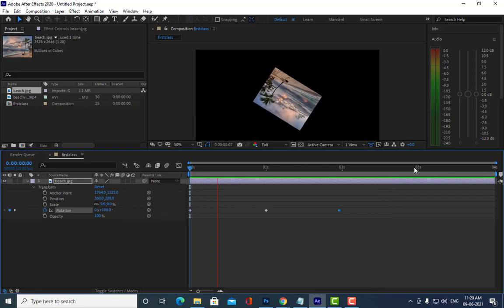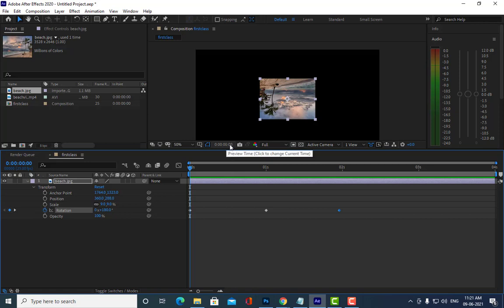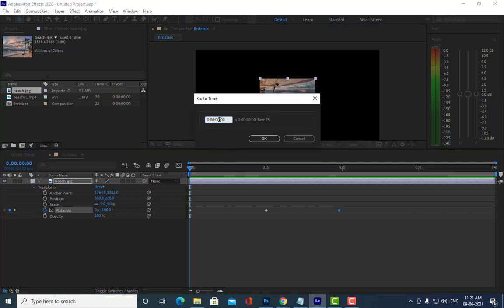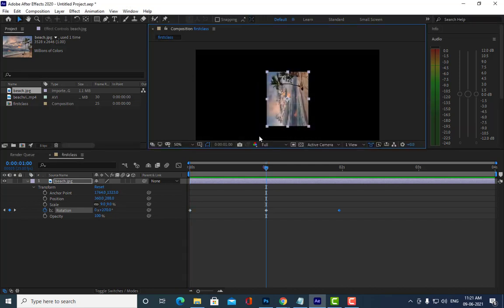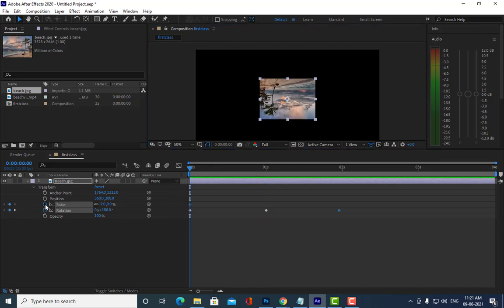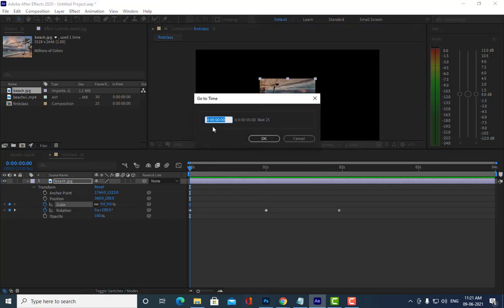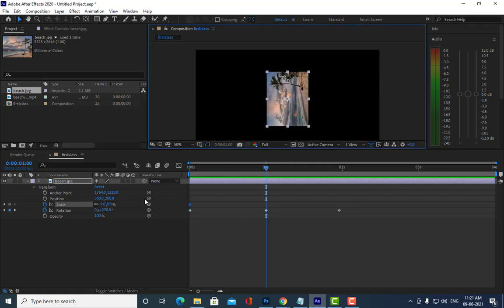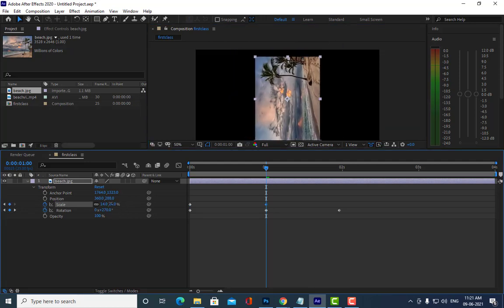So here we have done a rotation animation, and the next thing is we will also do the scale animation. So how? Just go to the 1 second mark. We have not put the keys for the stopwatch for the scale, and then we'll go to the 1 second mark and make it a little bit big.